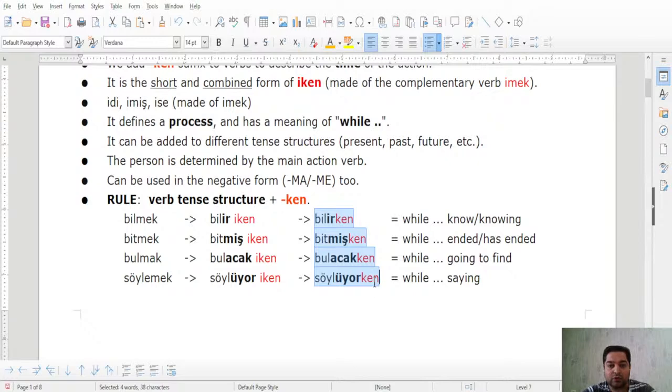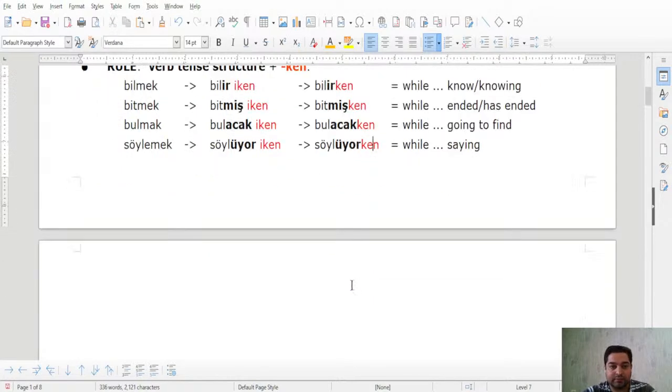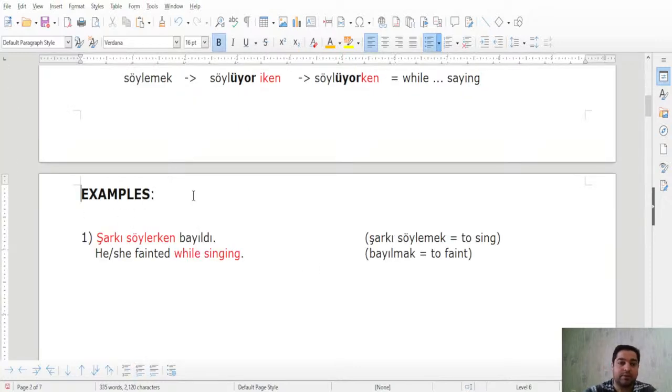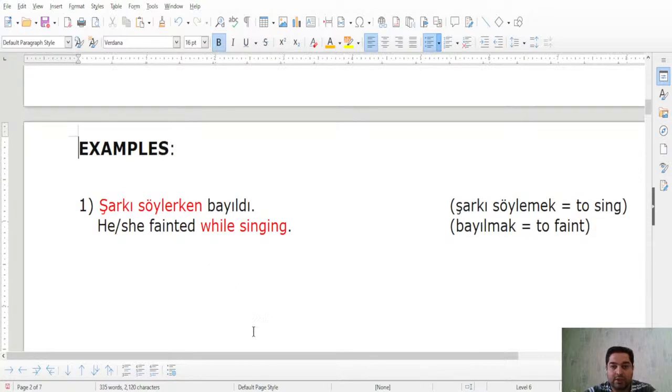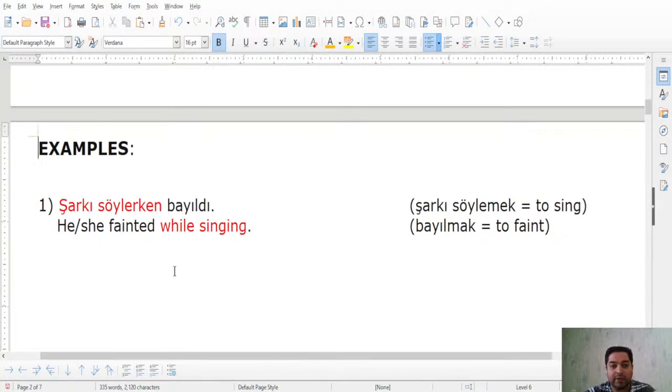That's another note that you should not forget. Now let's look at examples. Let me bring the examples. The first one, let me zoom in a bit. The first one is şarkı söylerken bayıldı. Şarkı söylemek is